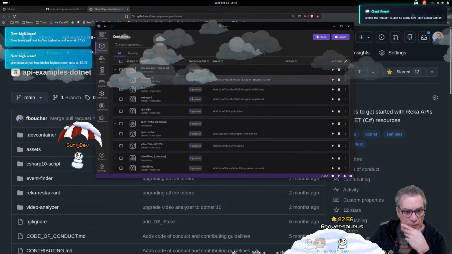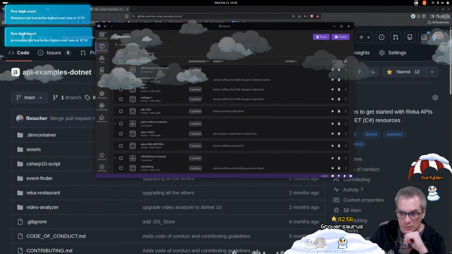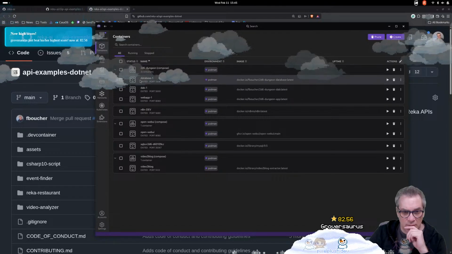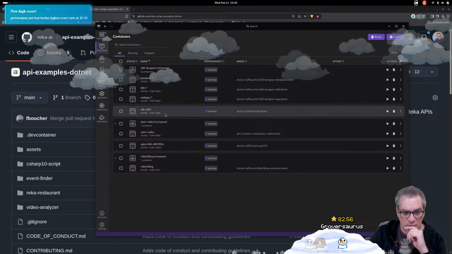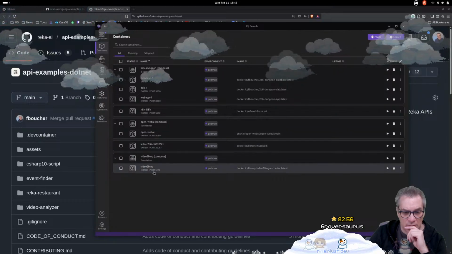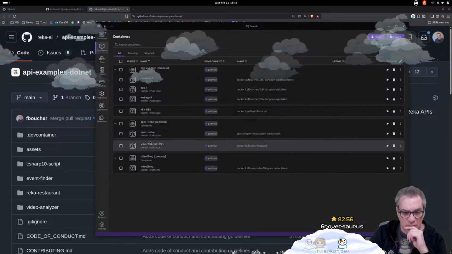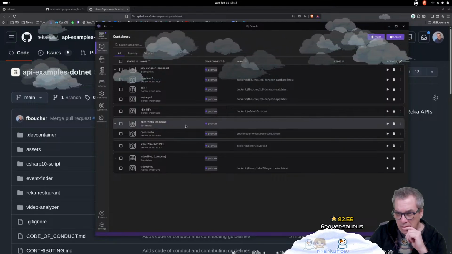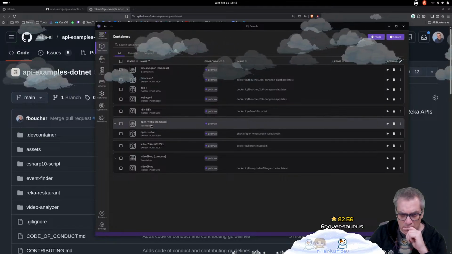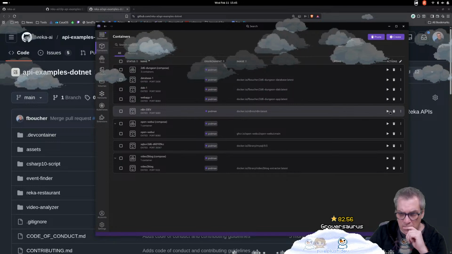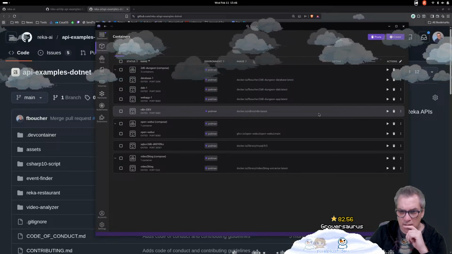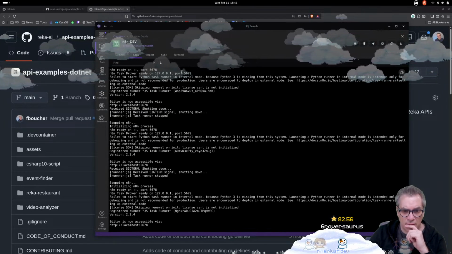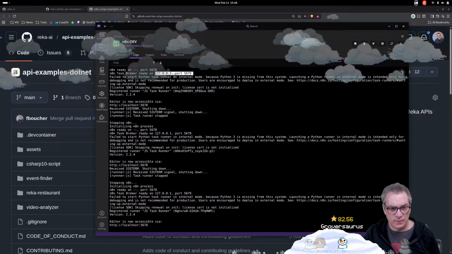Do I have a container with N8N? Let's start this. That's the dev on port. Okay, let's give it a try.